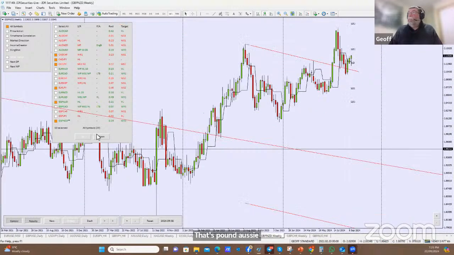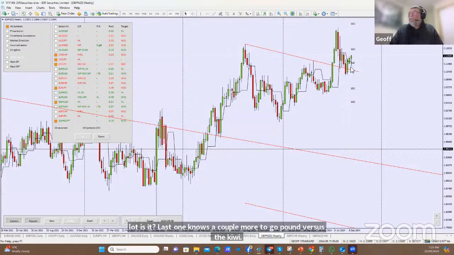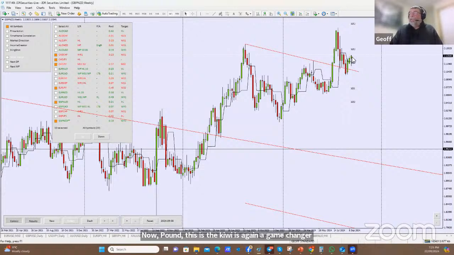Is it the last one? No, there's a couple more to go. Pound versus the Kiwi. Now, pound versus the Kiwi is again a game changer bar here, and in its own right, the Kiwi's had a reasonable couple of weeks, and the pound looks to be outpacing it. Interestingly, this big rally, pound versus the Kiwi, hasn't really been obliterated, but Kiwi's got a fair way into that. I'm unsure here,